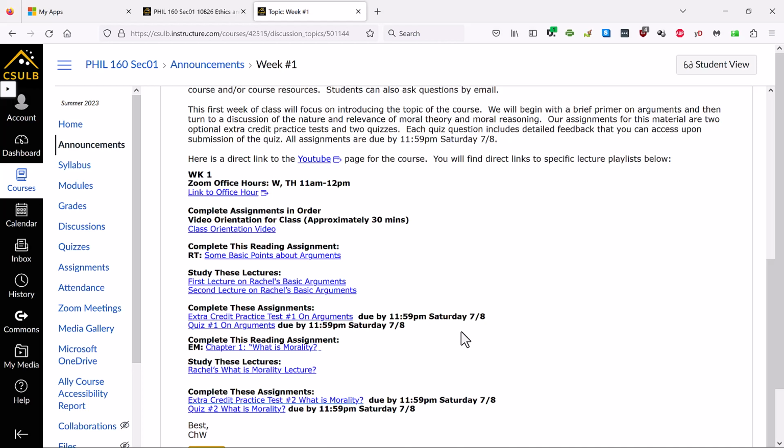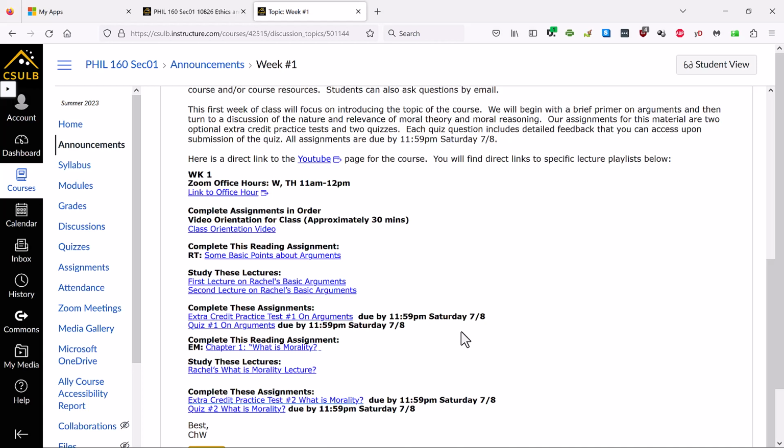Each week there'll be a quiz on an article and its associated lectures. In addition to that quiz, there's an optional extra credit practice test on that same material that you can take and earn extra credit points that will be applied to the raw scores of your quiz scores. There's another set of extra credit and quizzes covering the second article and lecture as well. And every week, all the assignments for that week will be due at 11:59 on that Saturday. Again, they'll be available at 8 a.m. on the previous Sunday,